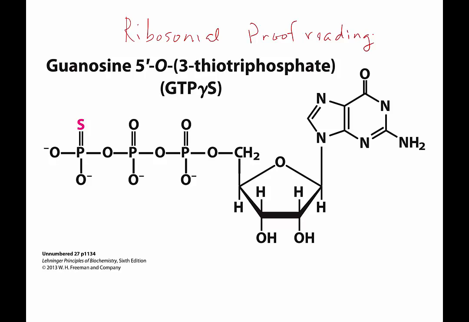The GTPase activity of the EFTU plays an important role in the placement of the correct amino acid in the growing chain. Remember, GTP hydrolysis has to take place in order for the incoming aminoacyl transfer RNA to get loaded correctly into the A site,